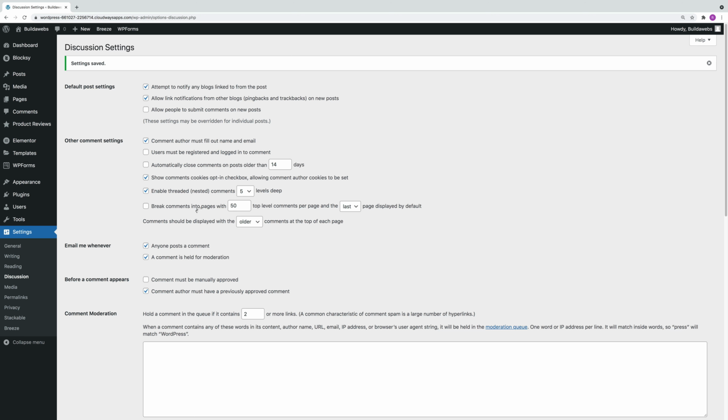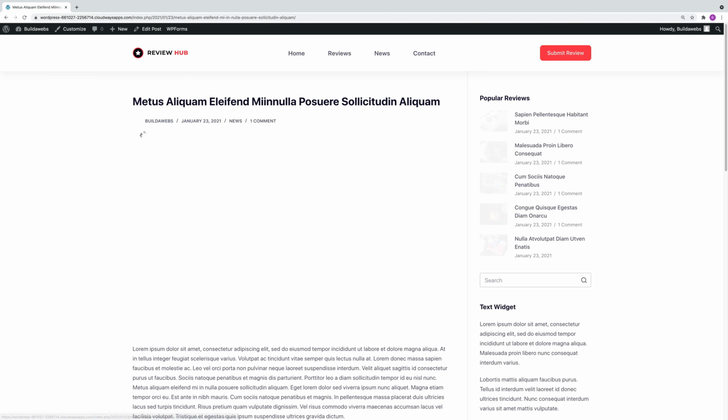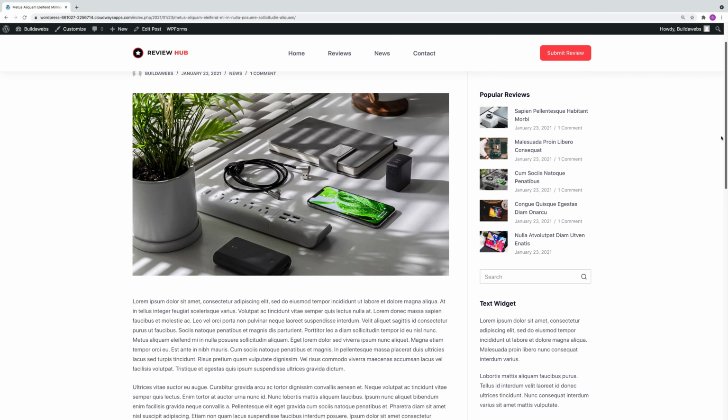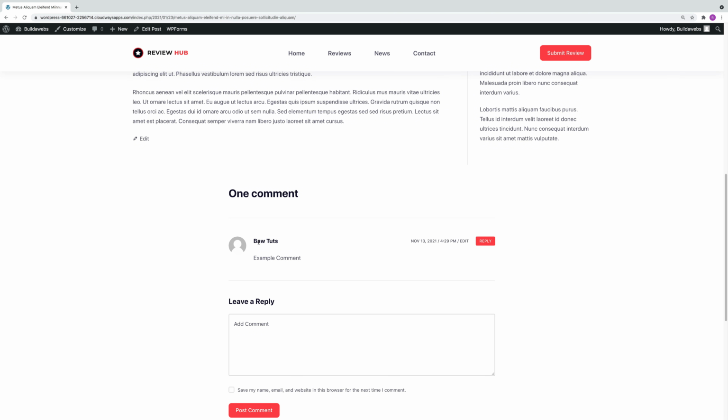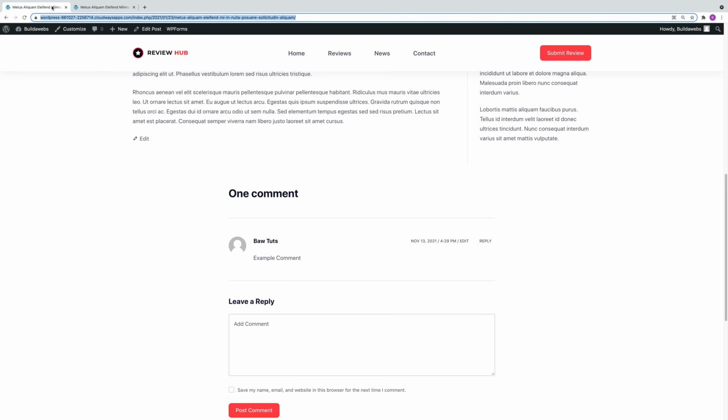Now let's have a look how you can disable comments on existing posts. So if we go into posts, and let's have a look at this one here. So if we scroll to the bottom, there's a comment called example comment on this post. Let's show you how you can disable it. So if we take the link for this page and we put it in another browser, in another tab, sorry, and then let's go up to edit post on the original tab,